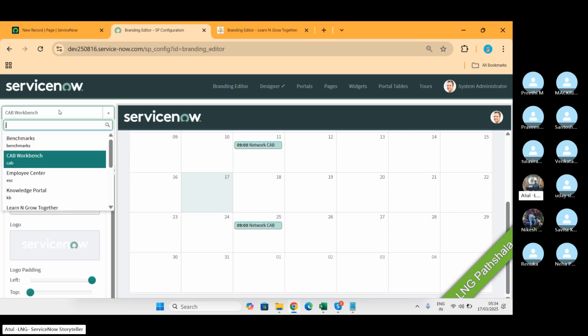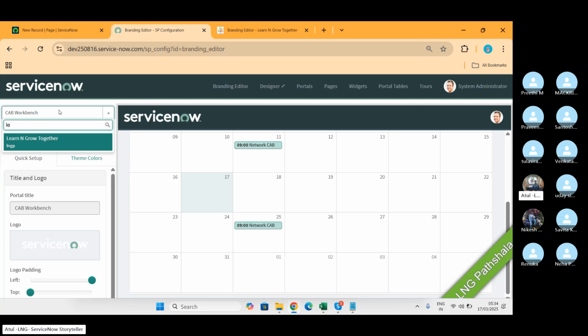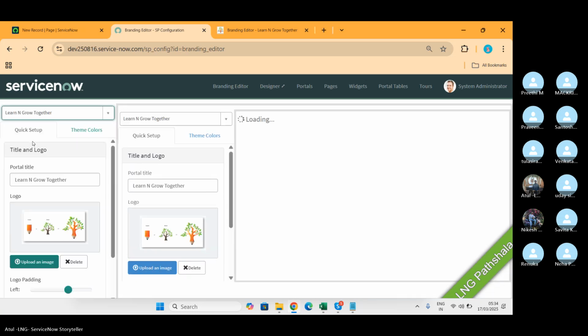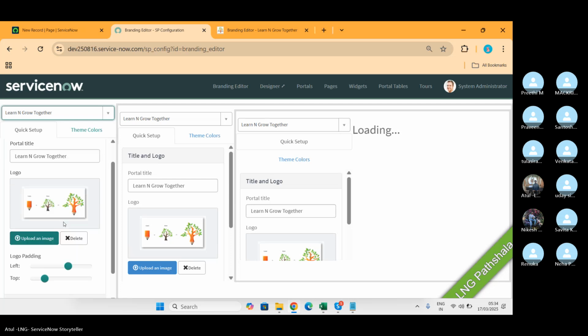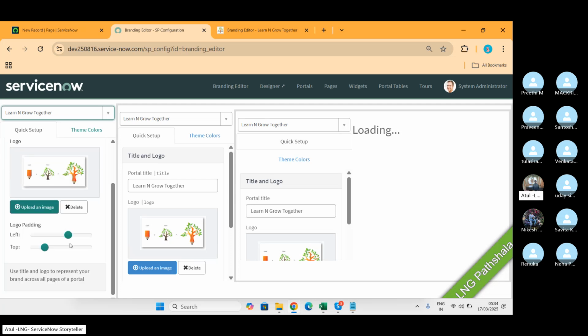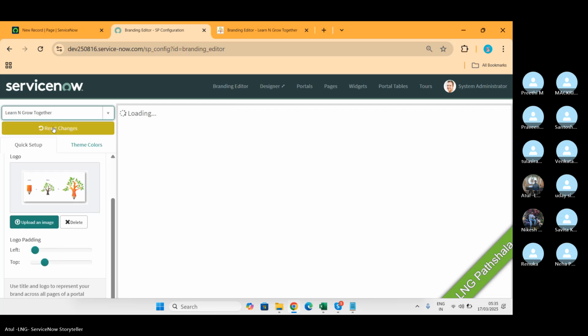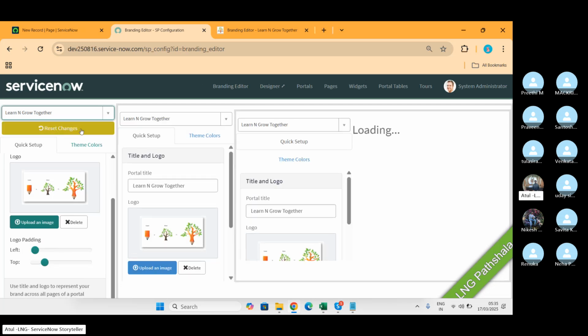What portal is this? This is my Learn and Grow Together portal. You can change the icon from here as well, like the padding, if you see. See, so quickly you can see the changes.